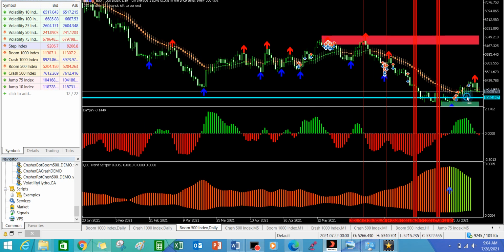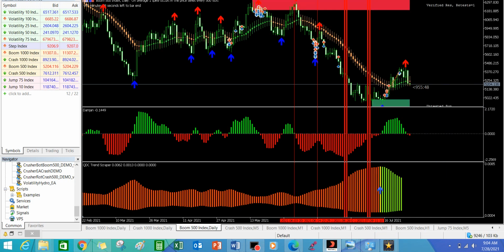I want to try and zoom it out a bit so that you guys will see it properly. Yesterday it was a bearish period. It was a bearish candle. Today also it is creating that bearish candle. If it breaks this support level successfully, it's going to be bearish all through or in most of the period for the day. But if it does not, it's going to spike up a bit.